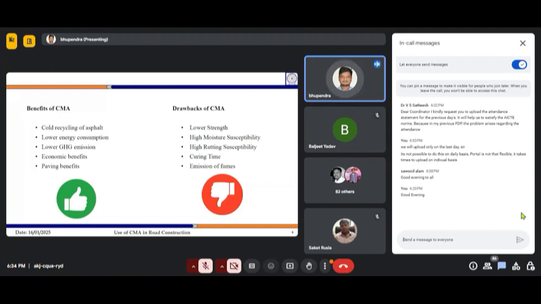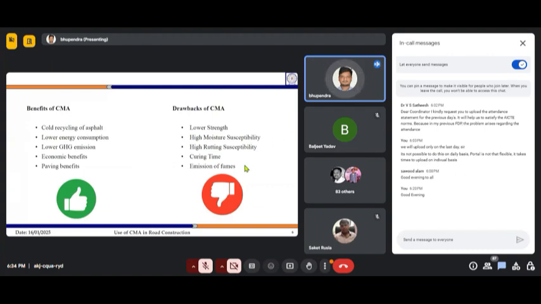Then the third problem is with rutting. I think you must be aware of rutting. Rutting is the deformation formed along the wheel path. When the vehicle moves on the road, whatever depressions are formed along the wheel paths are called rutting. Rutting happens at high temperature when the bitumen becomes soft. So when the load comes over the pavement, the depressions are formed.